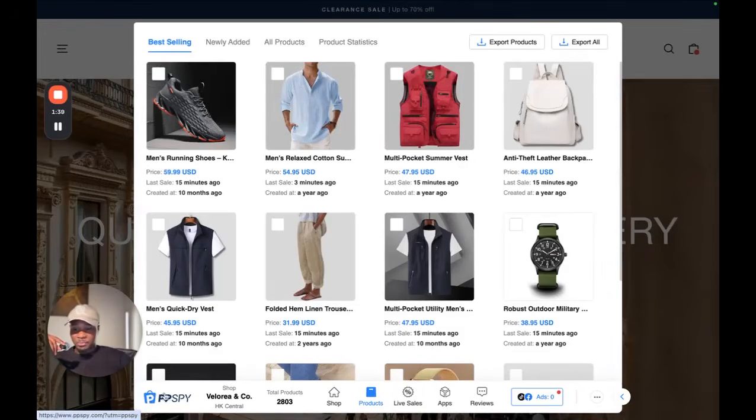And I always check best sellers with PP Spy. You can just click on products, filter it to best selling, and this is actually very accurate. I know it's hard to believe, but this is very accurate. These top 4 products right here are what's selling the most and what has brought the most revenue for this